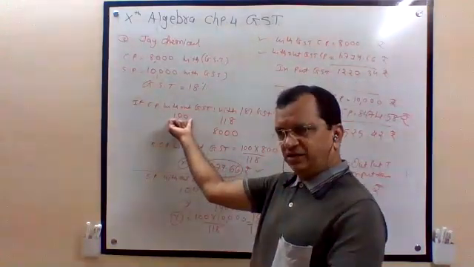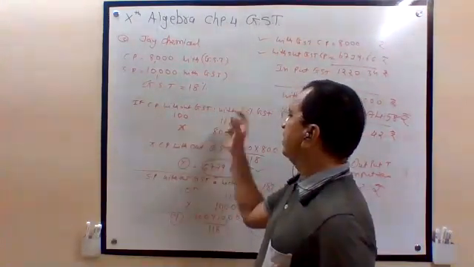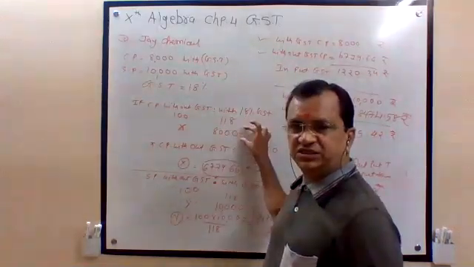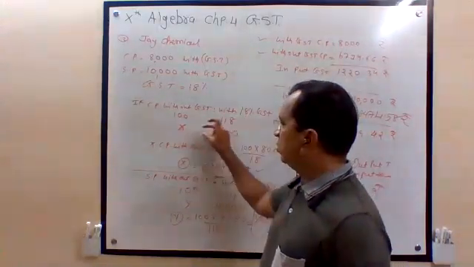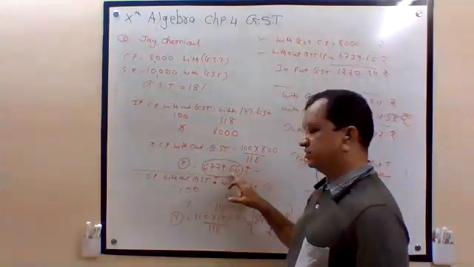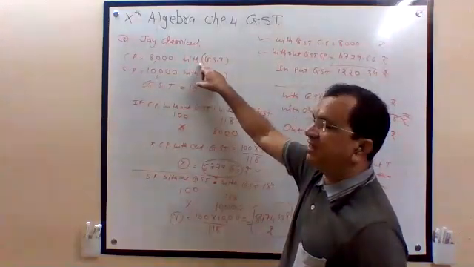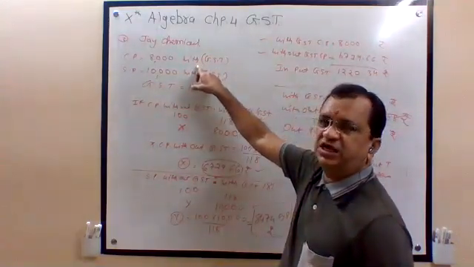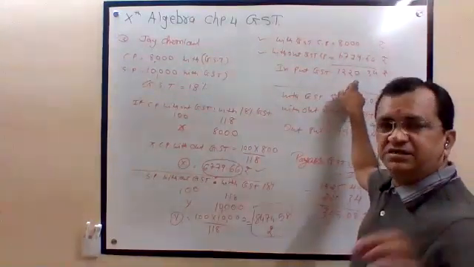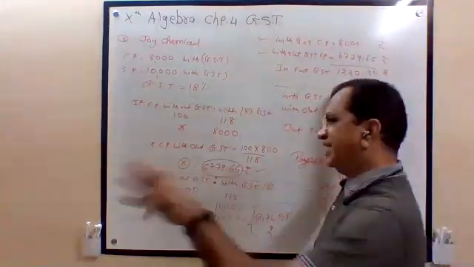Suppose 100 is the original cost. With 18%, they will charge 118. So already with GST, this much is given. So how much is the original? So cross product. So I got this much. On this much additional charge they have taken, and with GST 18% is this. So this minus this, that is the GST taken, that is input.